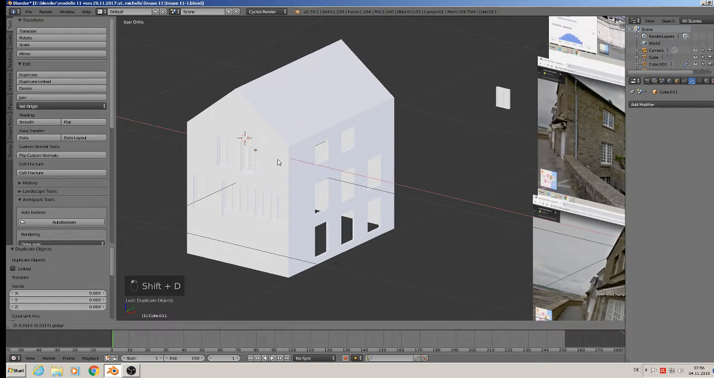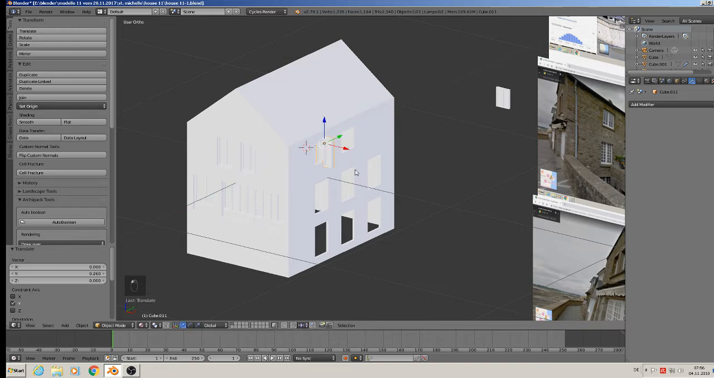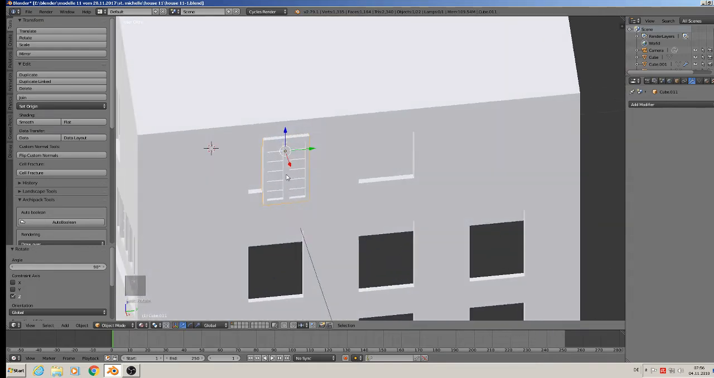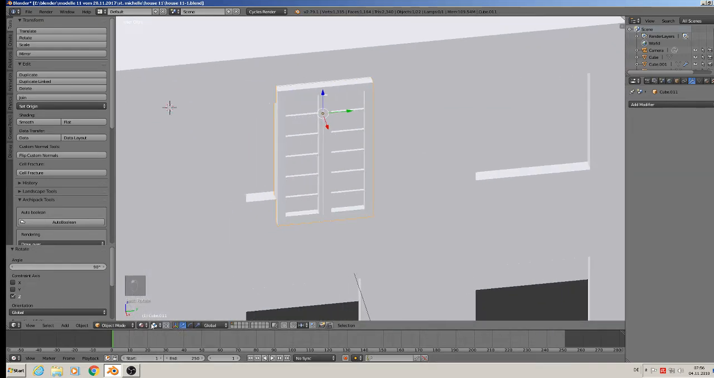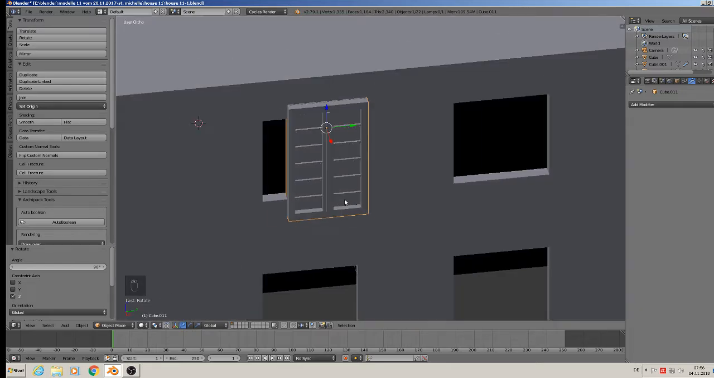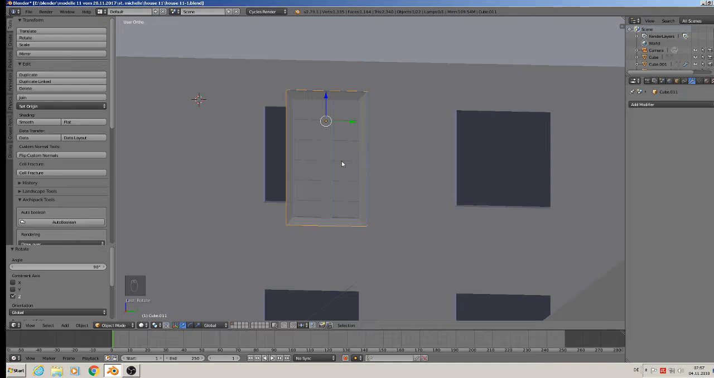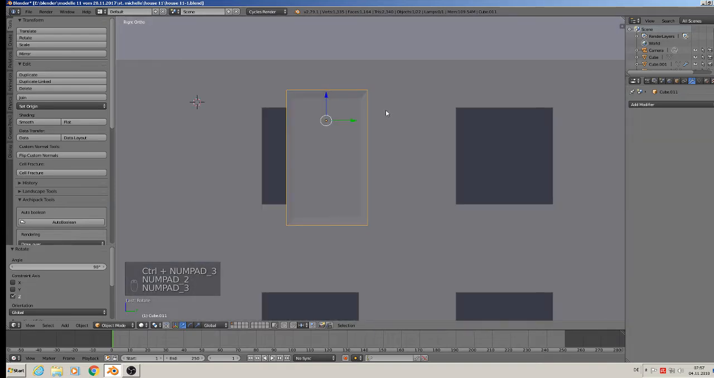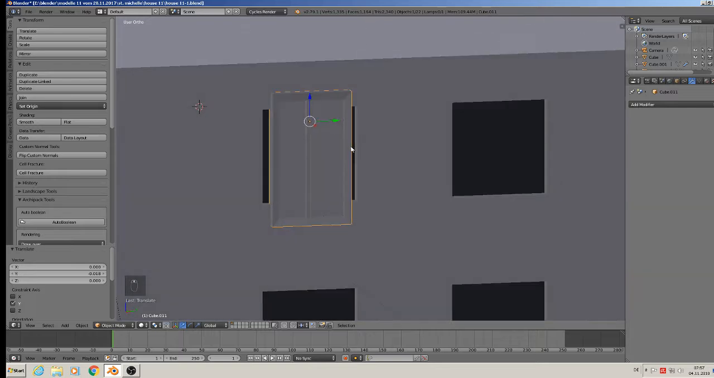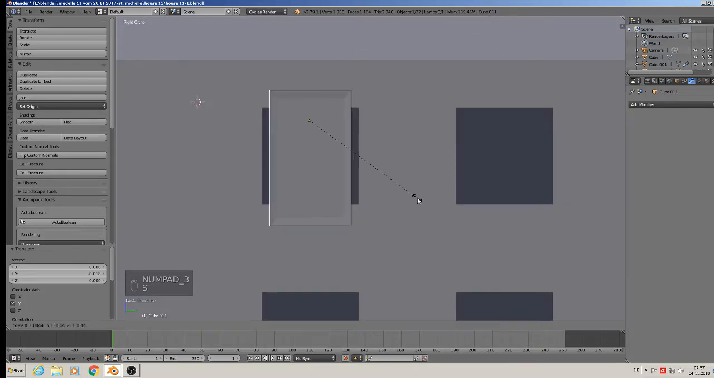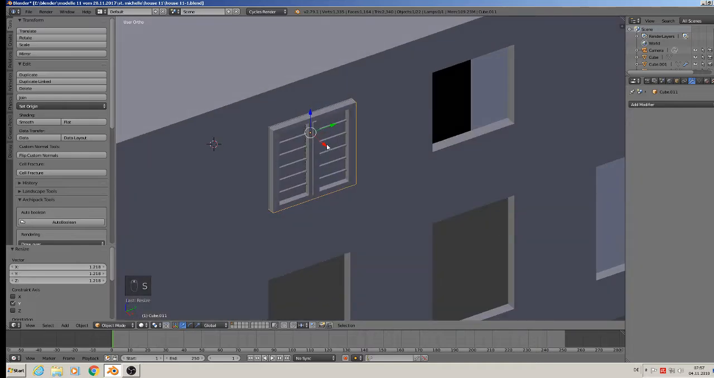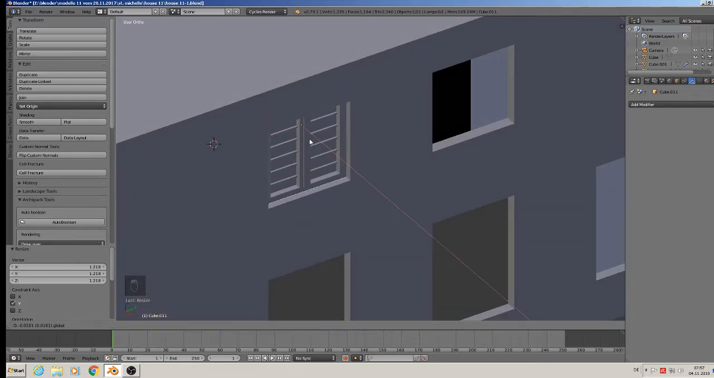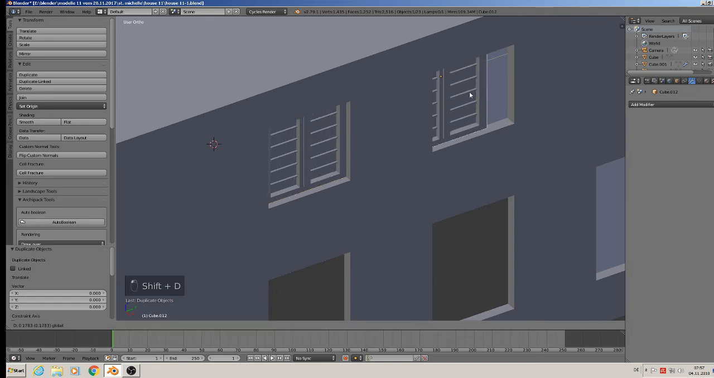So Shift D, simply make a copy, bring it there, rotate set 90 degrees, and now we try to scale them in solid mode so we see it a little bit better. So we have that, and scale set, scale Y. It is every time important to know in which mode you can do this thing that you want to do